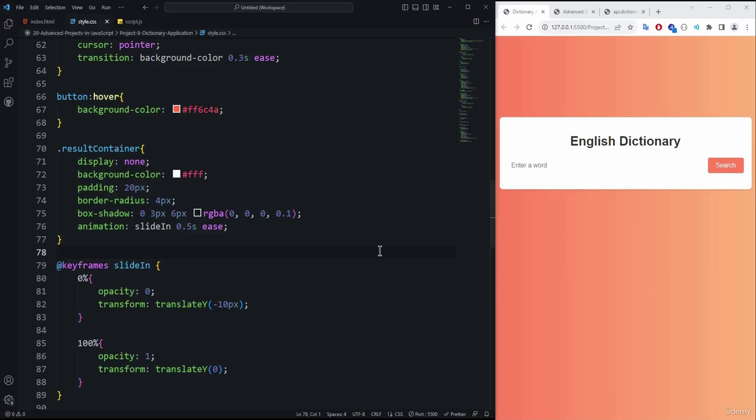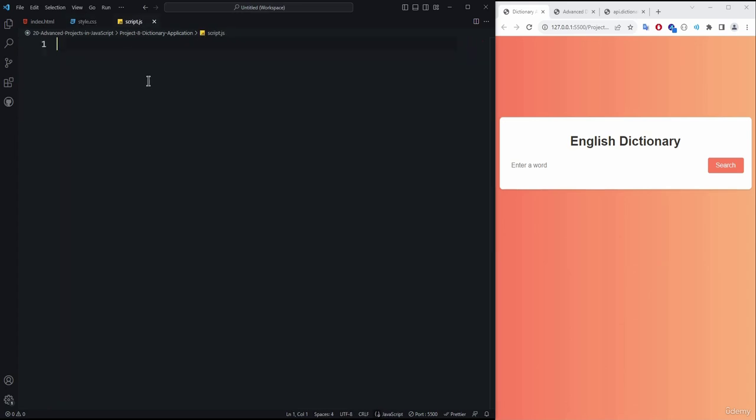So now it's time to start with the JavaScript part for the project, which is the English dictionary application. For that we need to use the script.js file. Inside of this particular file, first we need to get the reference of the variables. So we need to get the reference of this input type, this button, which is the search button, and then